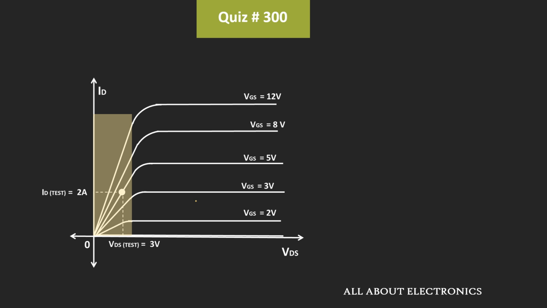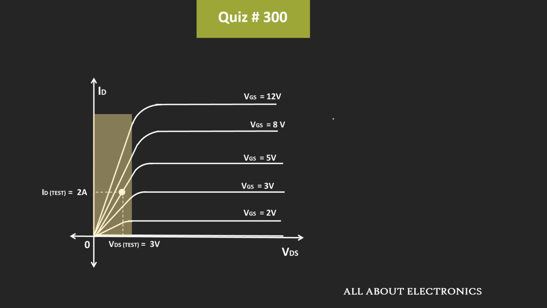Now if you are aware, when the MOSFET is used as a switch, then it is used in this linear region, and the slope of this curve can give us the series resistance. So here we have been given the value of the test voltage and the test current for the particular value of the VGS. That means whenever the VGS is equal to 5 volt, then the test current ID is equal to 2 ampere, while the test voltage VDS is equal to 3 volt. And the ratio of this voltage and the current can give us the series resistance.